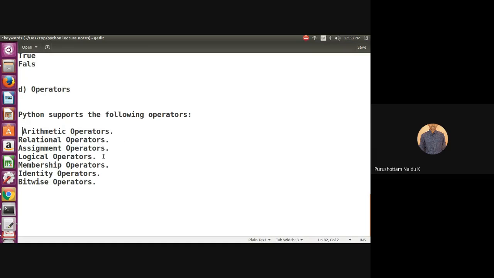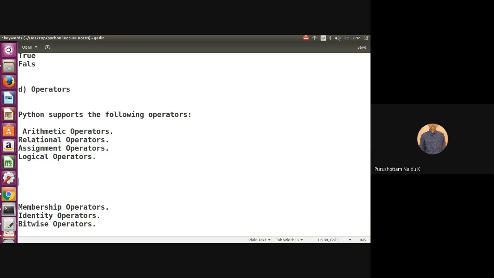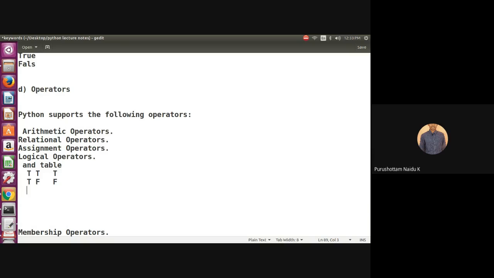Let's see the table for AND. If true and true, the output is true. True, false means false. False, true means false. False, false, the output is false. If both inputs are true, then only the output is true.